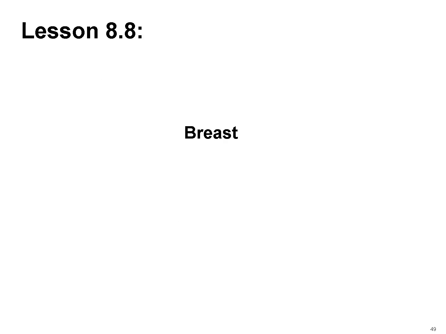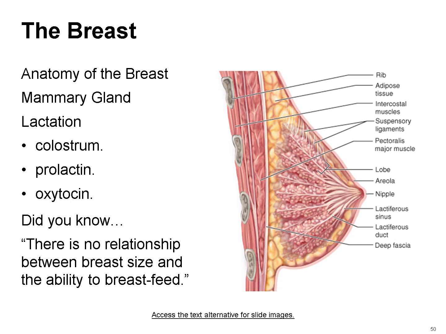Let's discuss the breasts. The breast is a remarkable structure designed to nourish and support a newborn. Let's explore its anatomy and function using the figure to illustrate the parts of the breast. The breast is situated above the pectoralis major muscle and contains adipose tissue, lactiferous ducts, and suspensory ligaments. The breast consists of three main external parts: body, nipple, and areola.